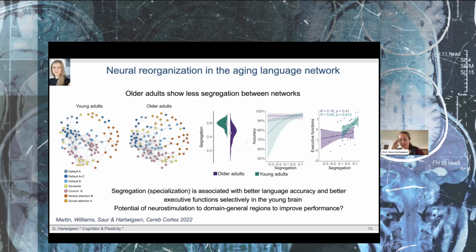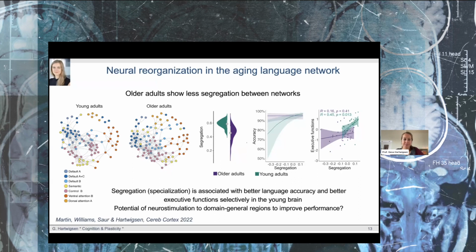And this between network connectivity is associated with better task performance selectively in aging brains. This brought us to the idea that we can explore the potential of facilitatory neurostimulation to domain general regions to improve performance. And this seems to be the case, but for the sake of time,